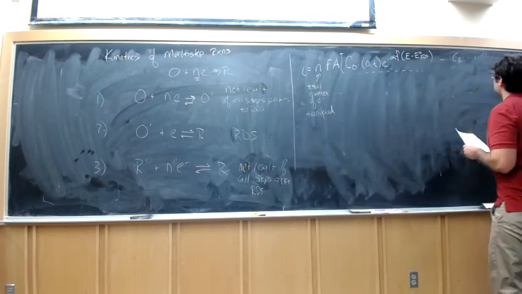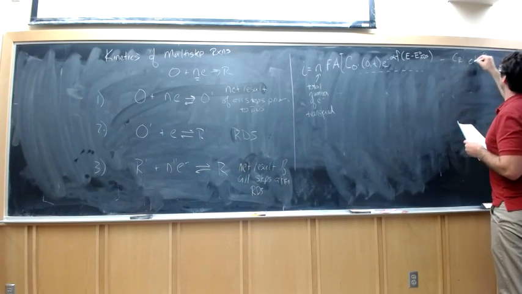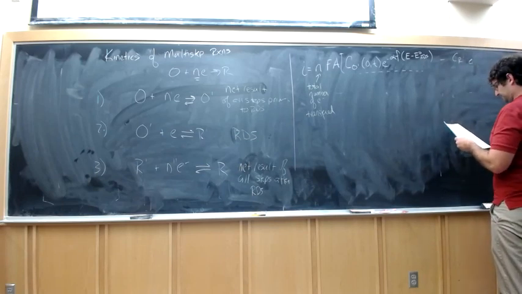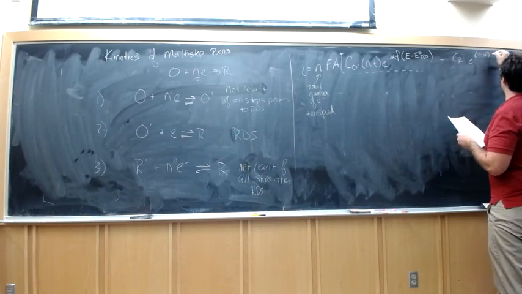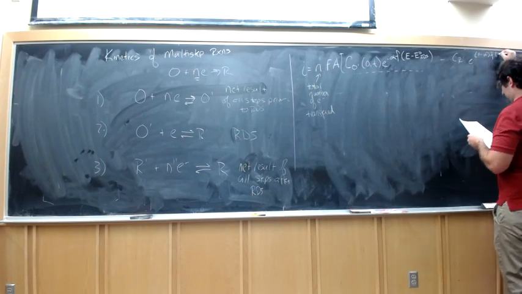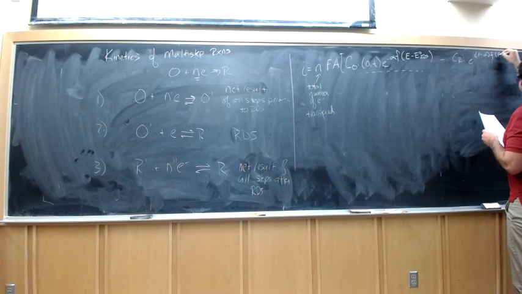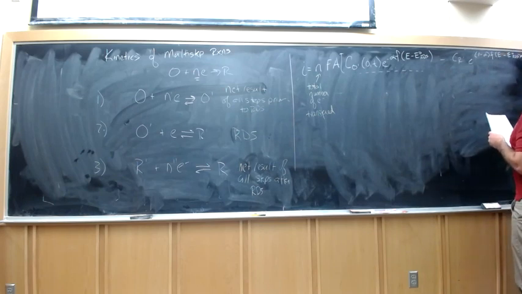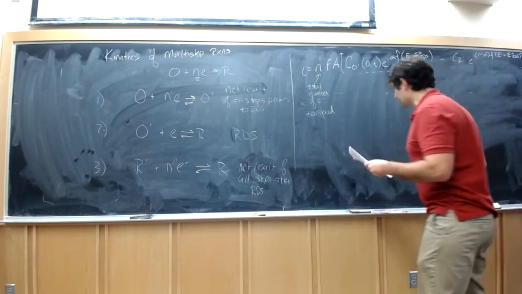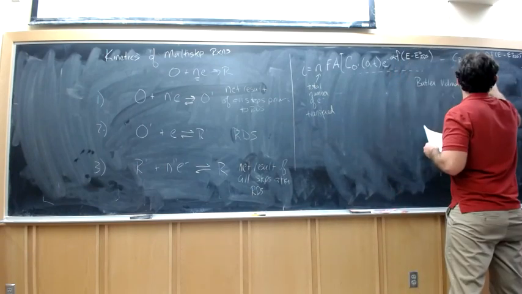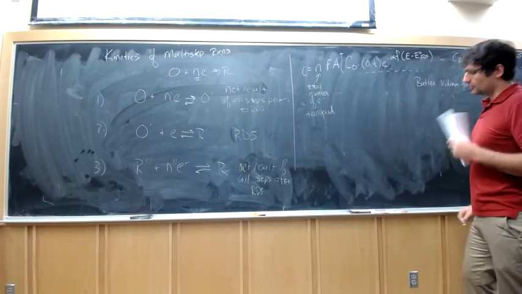CR prime times e to the negative, e to the 1 minus alpha F (E minus E naught RDS). Okay, so there's my expression for the current. And this is just Butler-Volmer for the rate determining step. Okay, so now